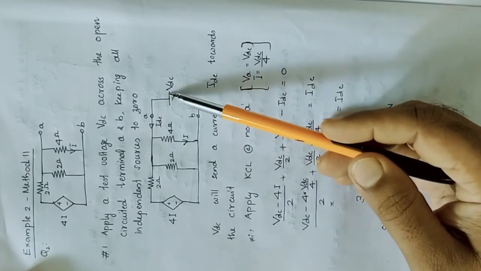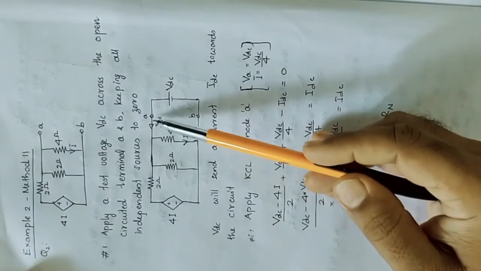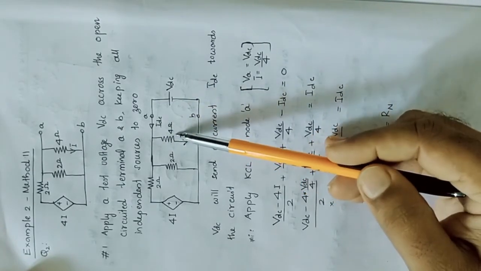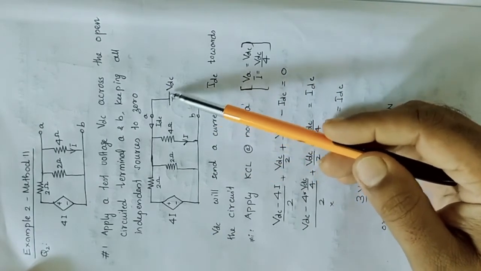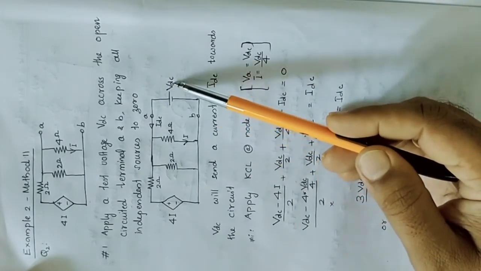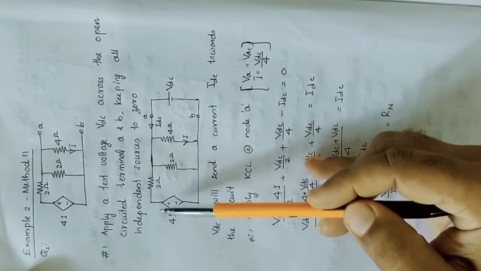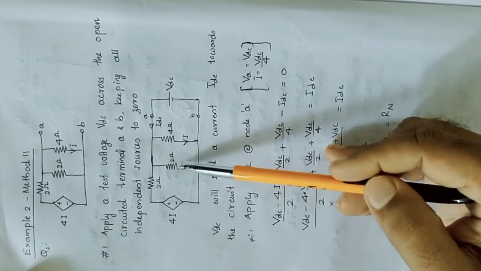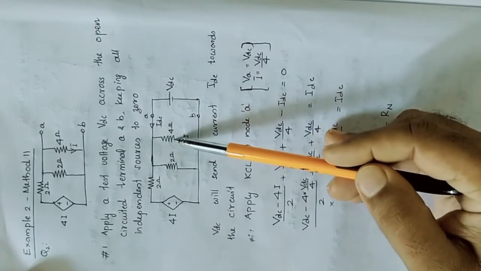Actually VA is equal to VDC. And what is I? I is equal to VA by 4, that is VDC by 4. Now we can directly write, instead of VA, we can write directly as VDC. So this current is equal to VDC minus 4I by 2 plus VDC by 2 plus VDC by 4 is